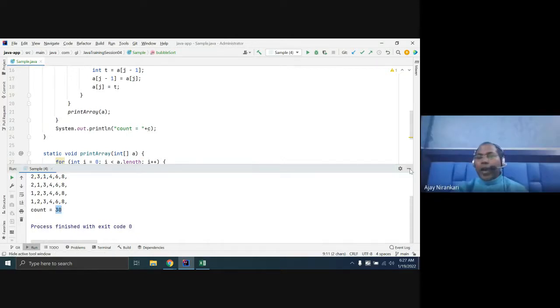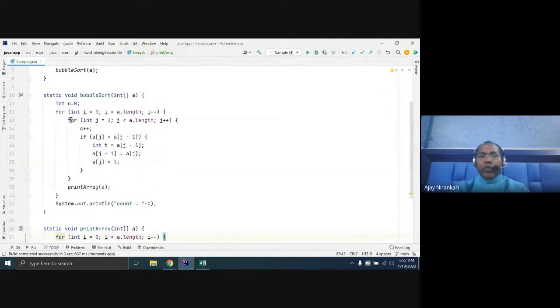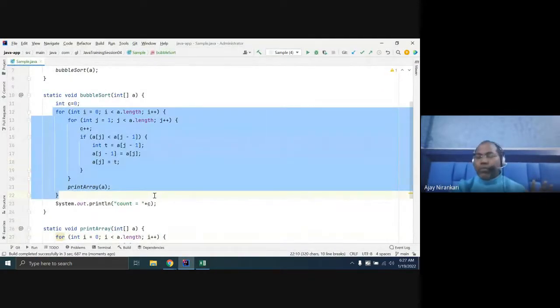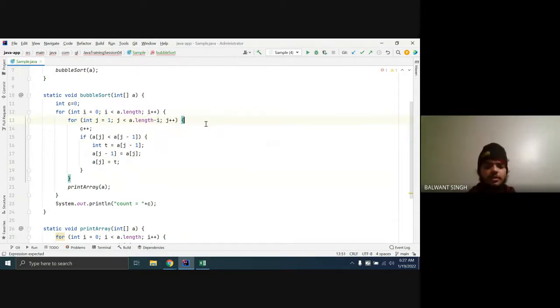But I want our inner loop to be less than something. Why do we need this comparison? So far this code works fine, there is no problem. But we know our internal loop should always be less by something about i. Why am I saying i?